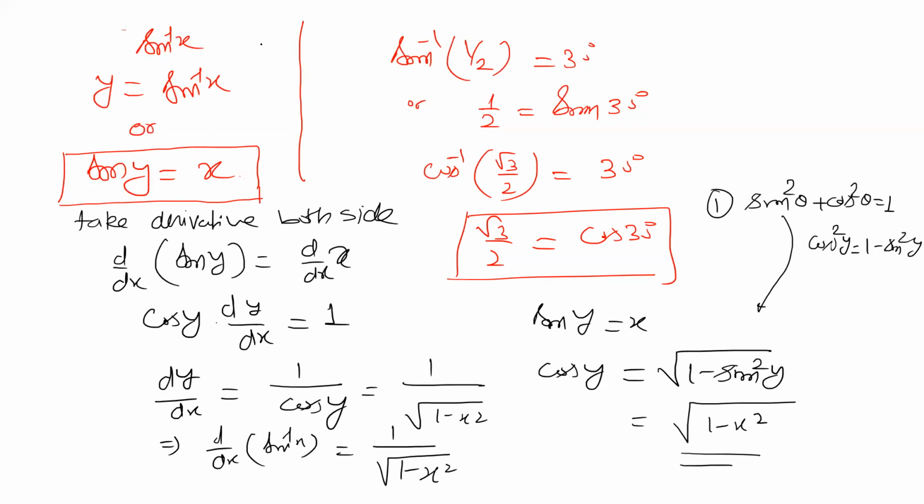So the first step is that we have to remove these inverse functions. So how to do that? First assume the variable, y is equal to sin inverse x, and then we remove the inverse function by taking it to the other side, so sin y is equal to x. For that purpose we gave two examples. This is a trigonometry rule. We can also write it this way. Hope you understood.